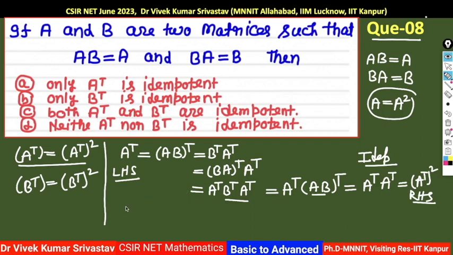I think you people should solve it in the similar way. B transpose is equal to, you put the value, B is basically BA. So you write (BA) transpose, and then express it as I did in this case. ऐसे ही आप इसको भी कर लेंगे. You will get it is nothing but B transpose square. So this is a very simple problem.